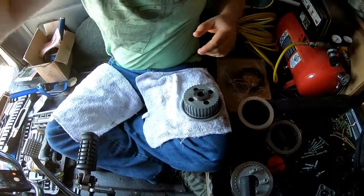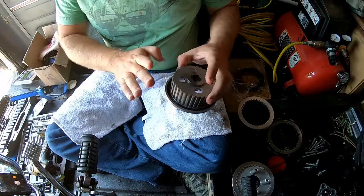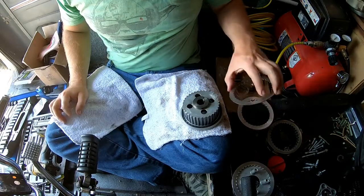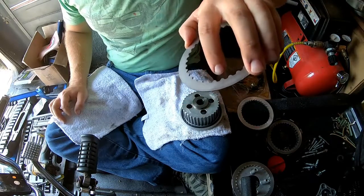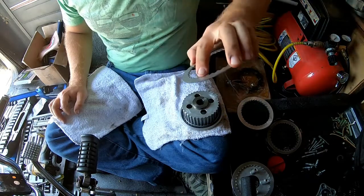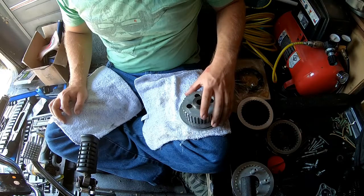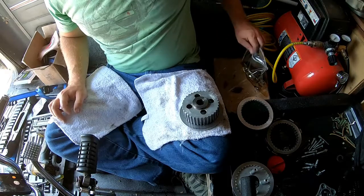Okay, so at this point, guys, we've got our clutch basket, we've got our spring in the basket with the outer diameter facing outward towards us, and we're going to start off with a brand new, you'll notice no wear on this guy. We're going to start off with a brand new steel plate. I'm going to drop that in. Now with your new